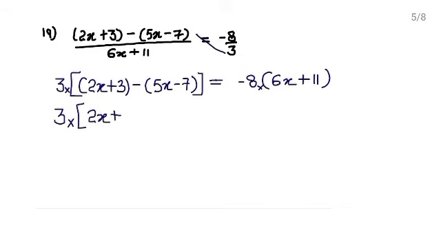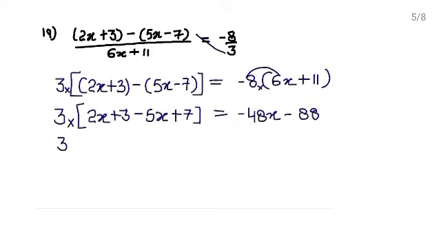2x plus 3, outside the bracket we have minus sign, so sign of all these terms will be changed, change हो जाएंगे, right? So now this will become minus 5x plus 7, right, is equals to, multiply this minus 8 by this 6x. 6 8s are 48 of minus sign x, minus 8 multiply 11, 8 11s are 88 of minus sign.